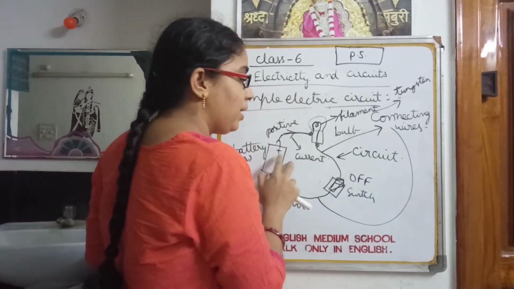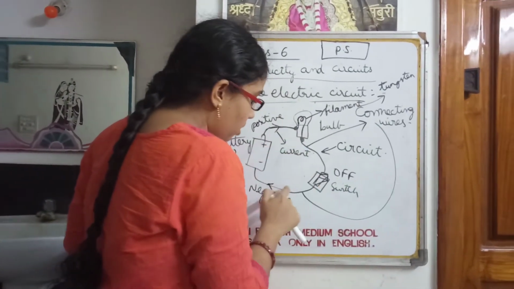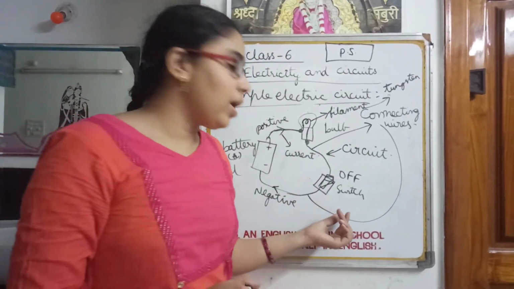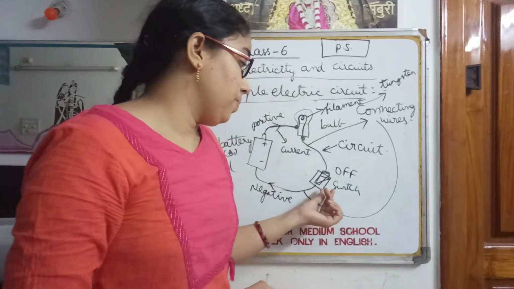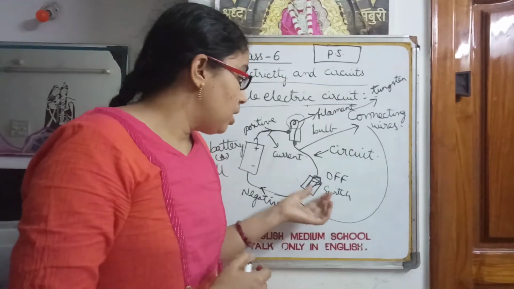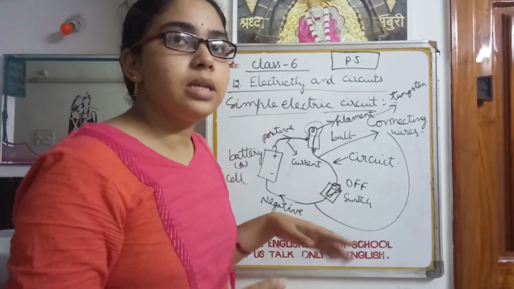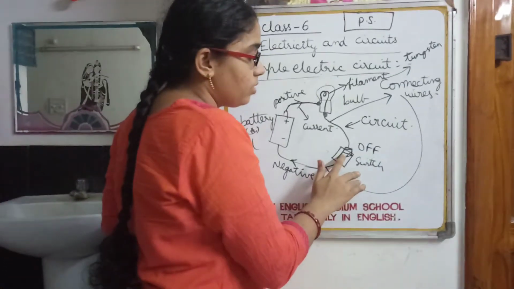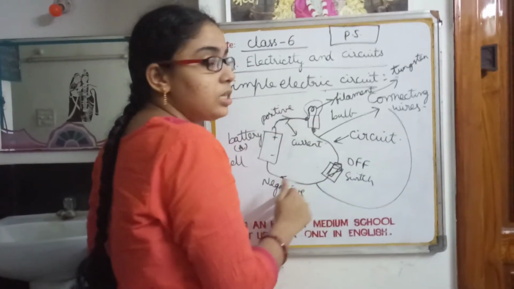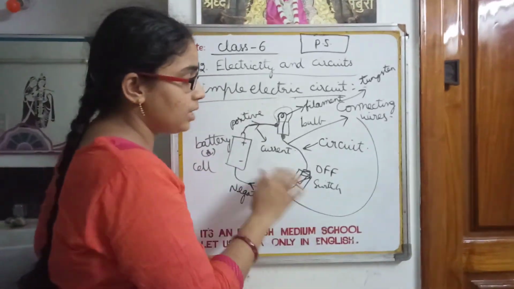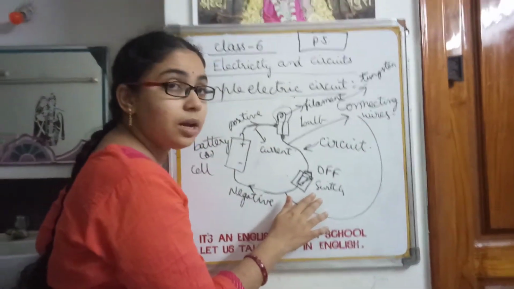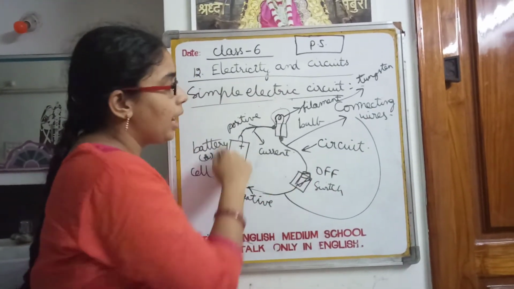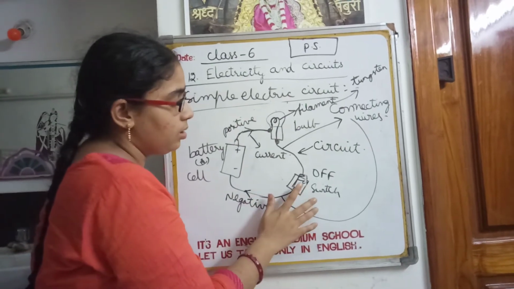So this is about the battery and the bulb. Let us recall the switch also. A switch is a device which helps us to connect or disconnect the circuit. How can a switch connect the circuit? By switching it on, it allows current to pass through it. In that way it connects the circuit. How can it disconnect the circuit? When the switch is in off position, it doesn't allow current to pass through it, and in this way